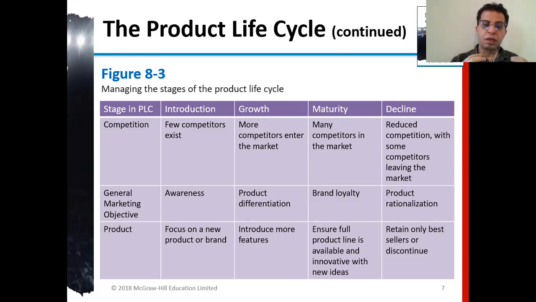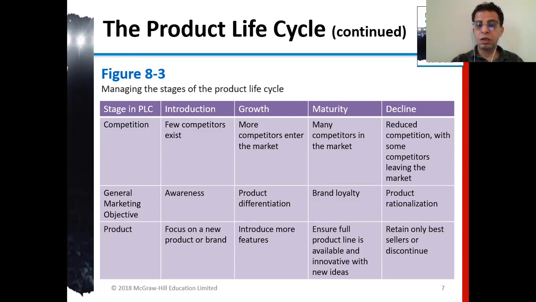So each stage has a general marketing objective. When I introduced the product, I used to travel from city to city, just introducing the concept of a higher education solution and the concept of this product, how to meet today's education. I also did product differentiation in the growth area where we started Arabizing and localizing it with different dating things, dates on it, like Hijri instead of Gregorian. So we had a product differentiation.